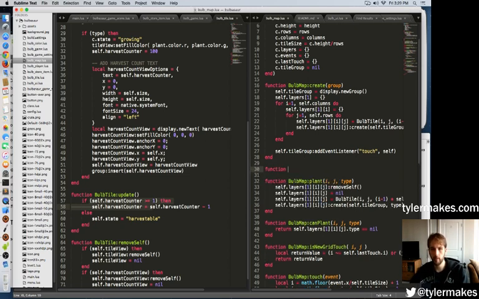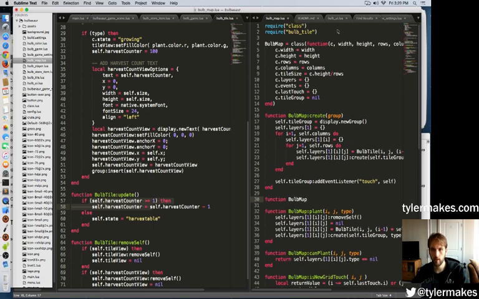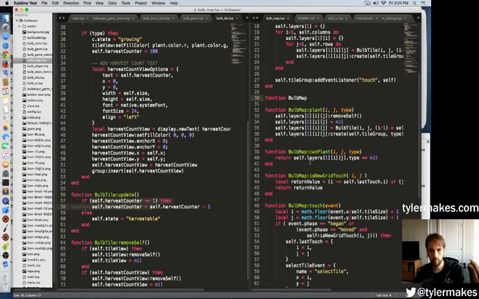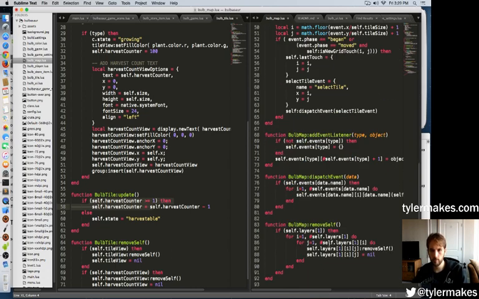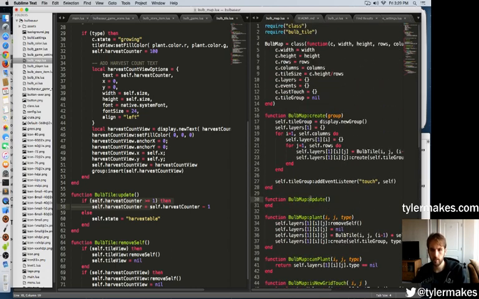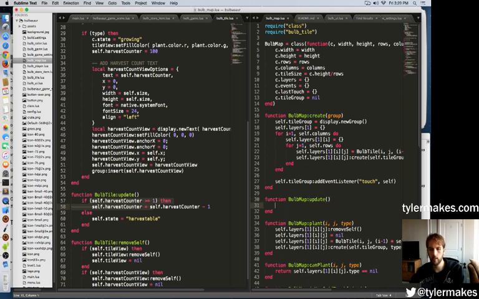This is very common in all my games too. I have the instantiation of the class, then I create with the group, then I have an update function, and then I have my remove, which destroys it. This update, basically